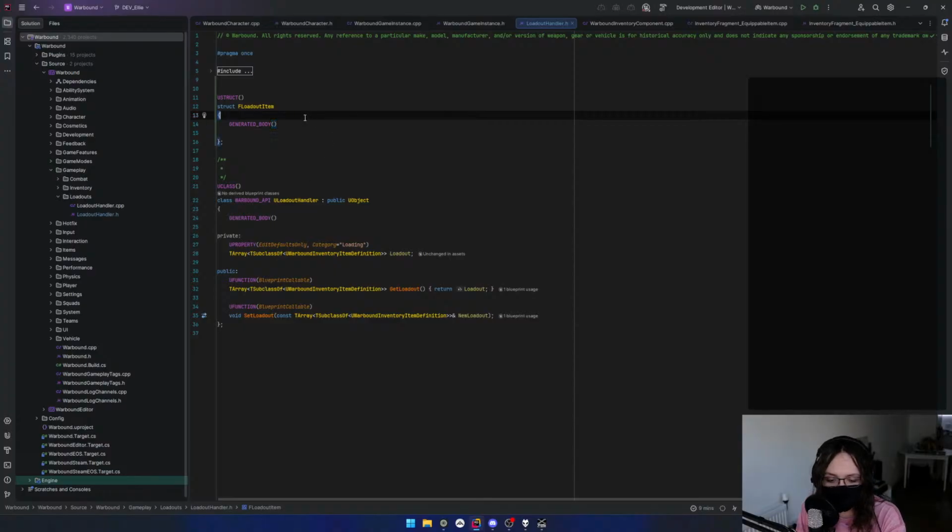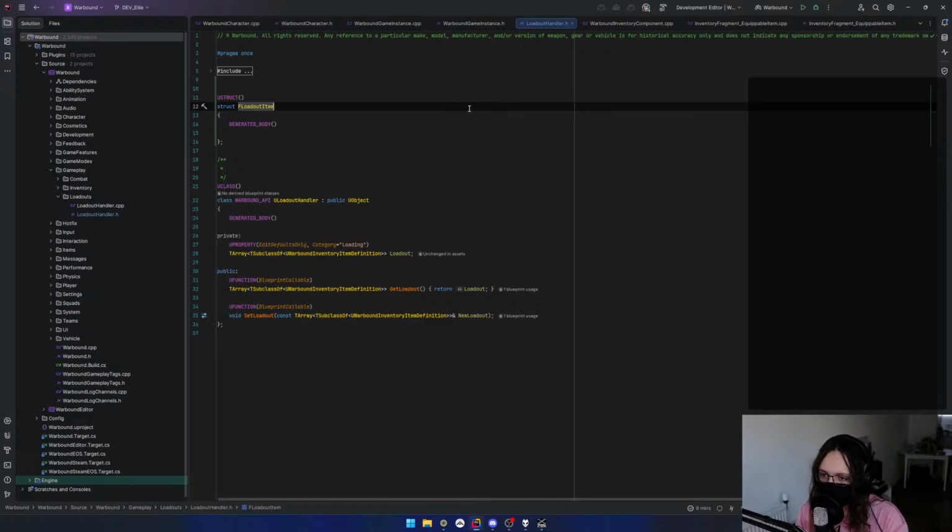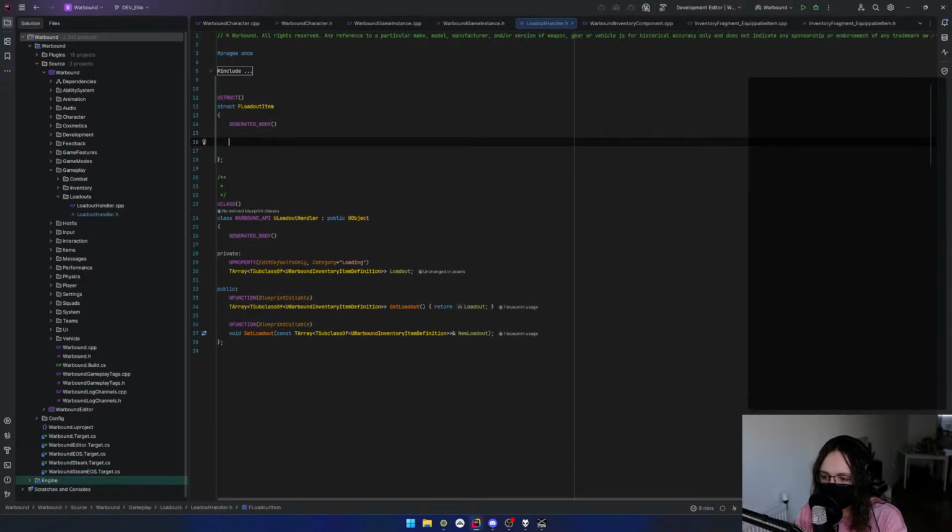So the first thing I'm doing here is getting started and modifying the loadout handler, which we started last stream, to take that new class. Currently, loadouts are just an array of these Warbound inventory item definitions. So we're going to make a struct, and the struct is going to have